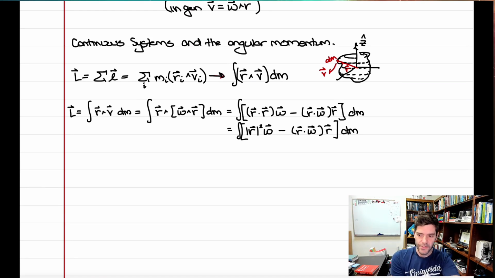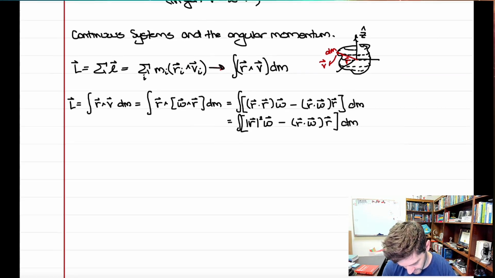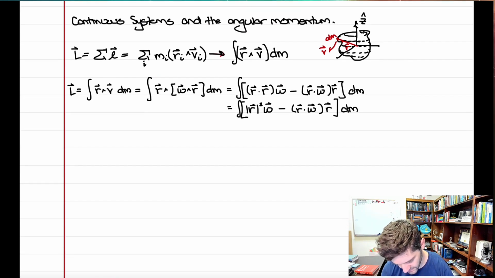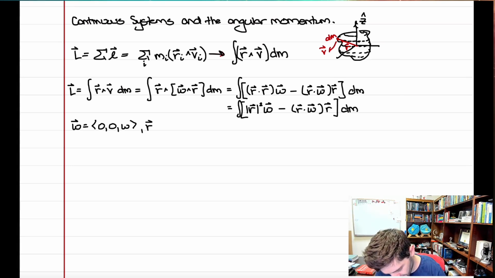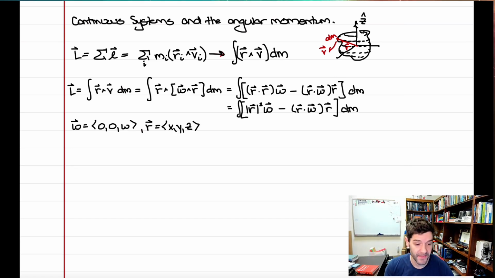Now we can make this more specific to this case where omega in Cartesian coordinates only has a z component, because we're putting the z direction along the axis of rotation, and that's where omega is. So I can use that along with still a very general position vector that has some coordinates x, y, and z,